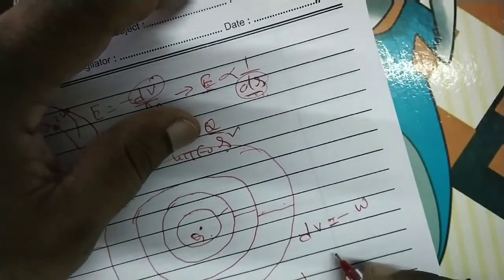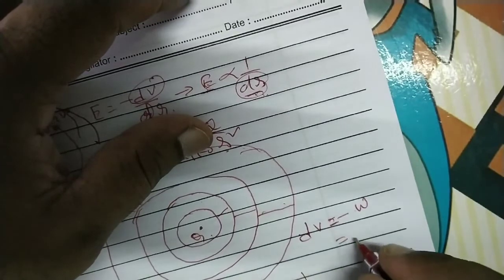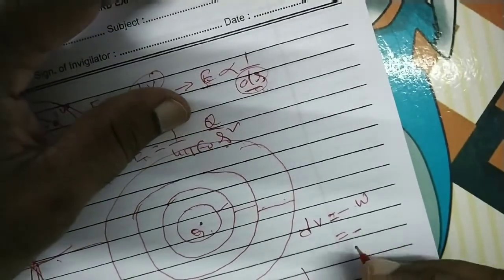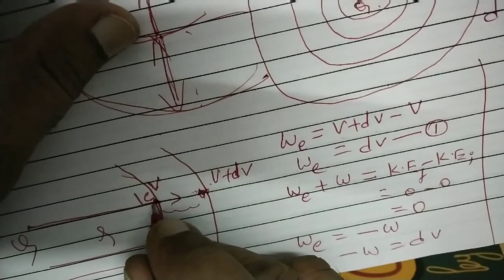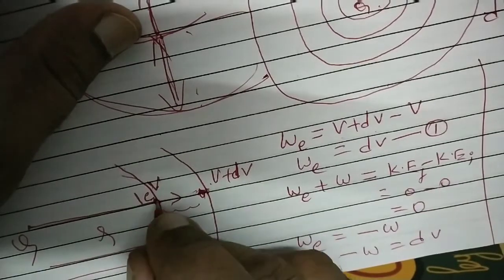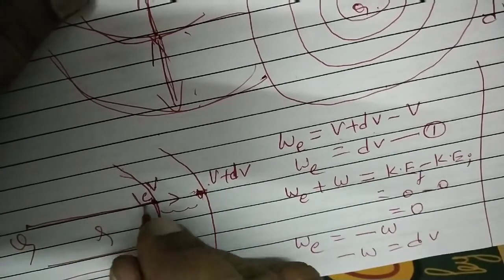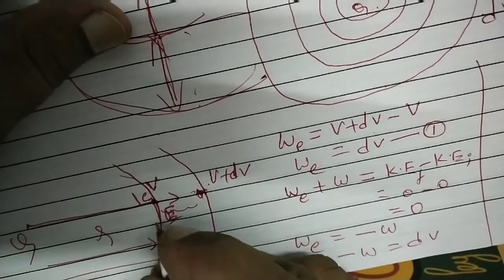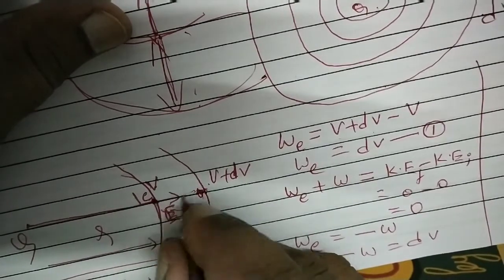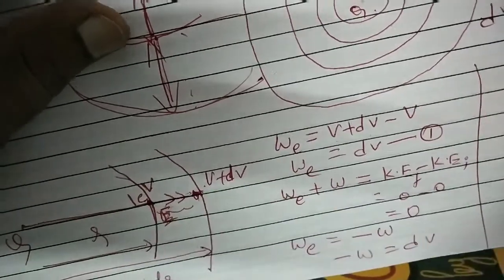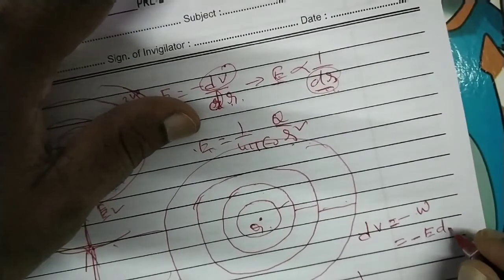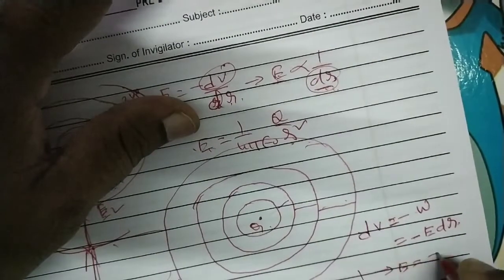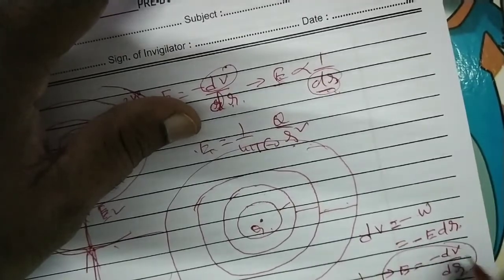So when dV is equal to minus W, minus W means work done by the field. When work is done by the field, 1 coulomb charge is being taken here. Work done by the field means the field is applying force, the field by this point charge, let us take it as E. So E is the force acting on our 1 coulomb charge. What is the meaning of electric field intensity? It is the force acting on unit charge. So displacement dr and force are in the same direction, so the work done is E dr. From this, E is equal to minus dV by dr. In that way we derived the formula. So E is equal to minus dV by dr. This derivation is also very important.